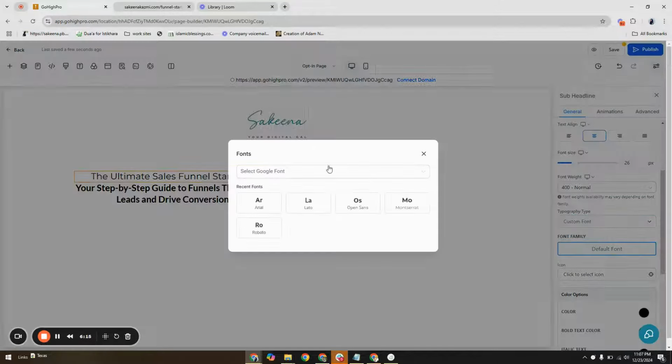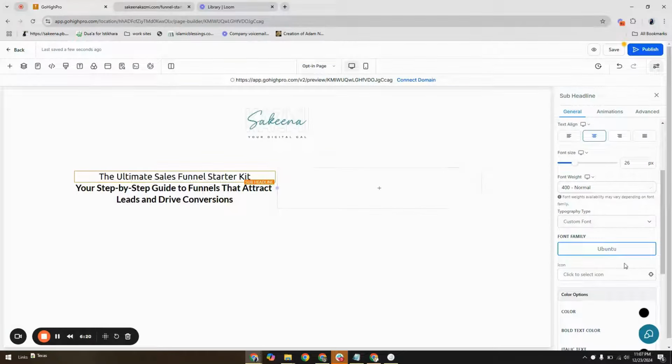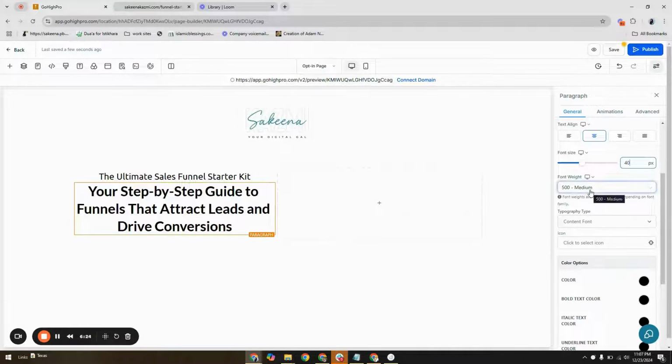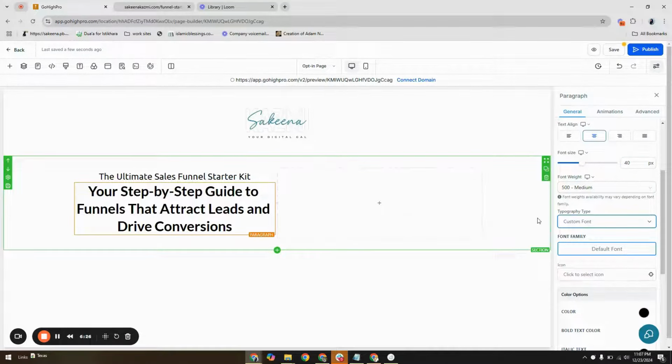So I'm going to use the same custom font, which is Ubuntu. And then we have 40 and the font is